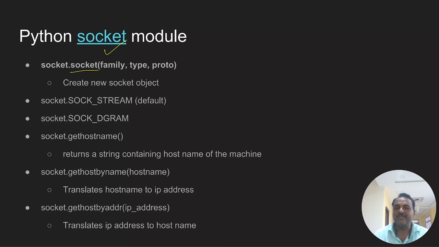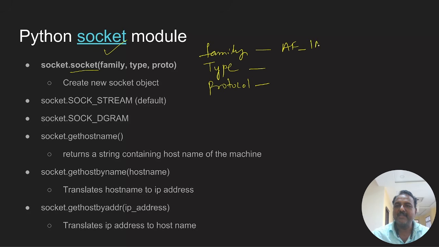The socket method is going to take three arguments. The first argument is called the family, the second argument is your type, and the third argument is your protocol. The family says whether I want to communicate using address family underscore inet,